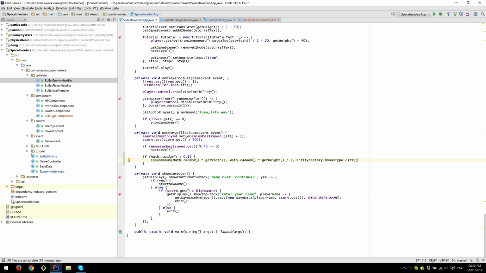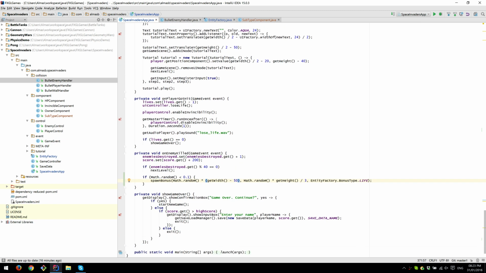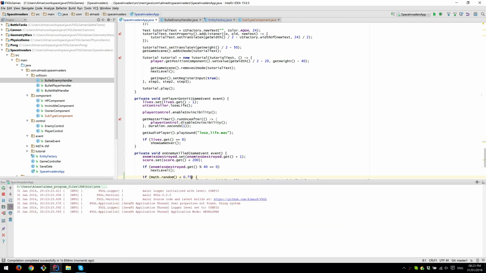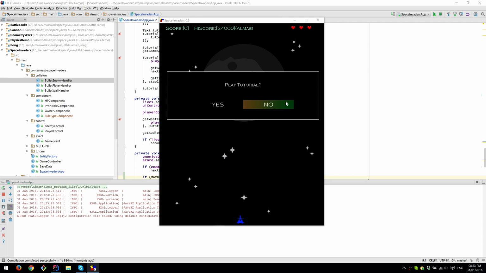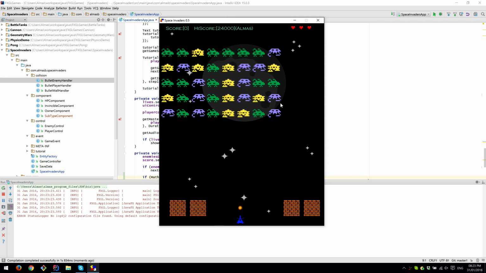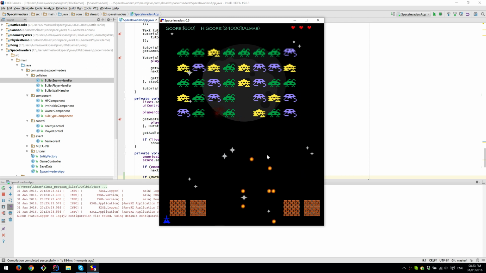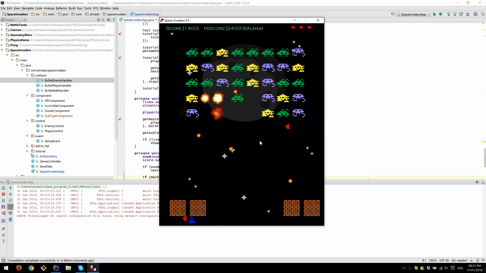For now, we're using random values, and we probably want to keep that within the game, so we're going to do something like that, so it's not going too much to the right. That should do. That should spawn. Let's do 75% so that it's easily seen if it's working. Right, so those are the things that are being dropped down are the